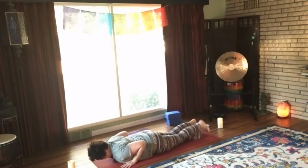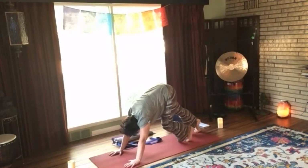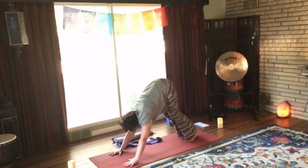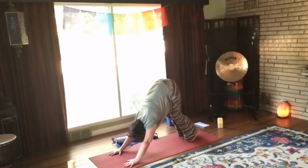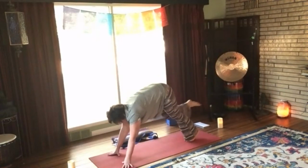And then curl the right toe under, the left toe under, and press all the way back into downward facing dog. Lock in to full expression of dog. And notice how dog feels different after doing all those hip and leg openers. 3 more breaths. Nicely done. Take a nice deep inhale through that right leg and then exhale it all the way up in